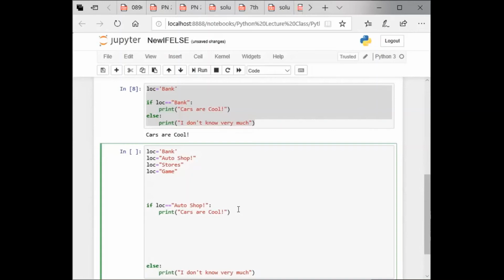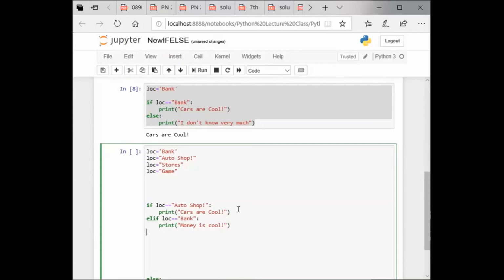So similarly, we can add here elif statement, and that is location equals to bank, for example, and sorry, colon, and then print money, money is example full,